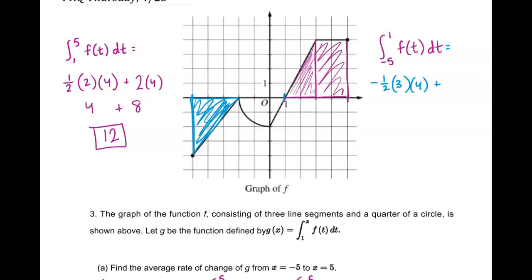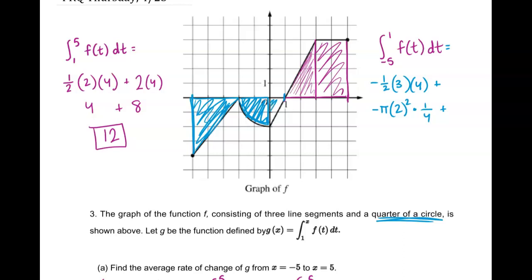plus we have 1/4 of a circle. We were told it's 1/4 of a circle. We couldn't necessarily assume that. Is right here. It's below the x-axis, so again it's going to be negative. So we have -pi times 2 squared. So radius was 2, but it's not a whole circle. It's 1/4 times 1/4